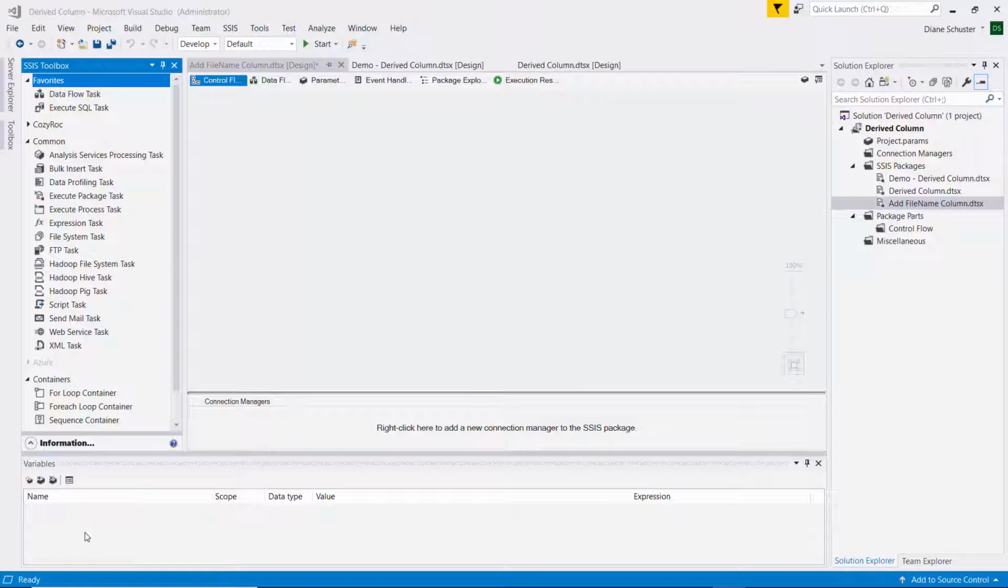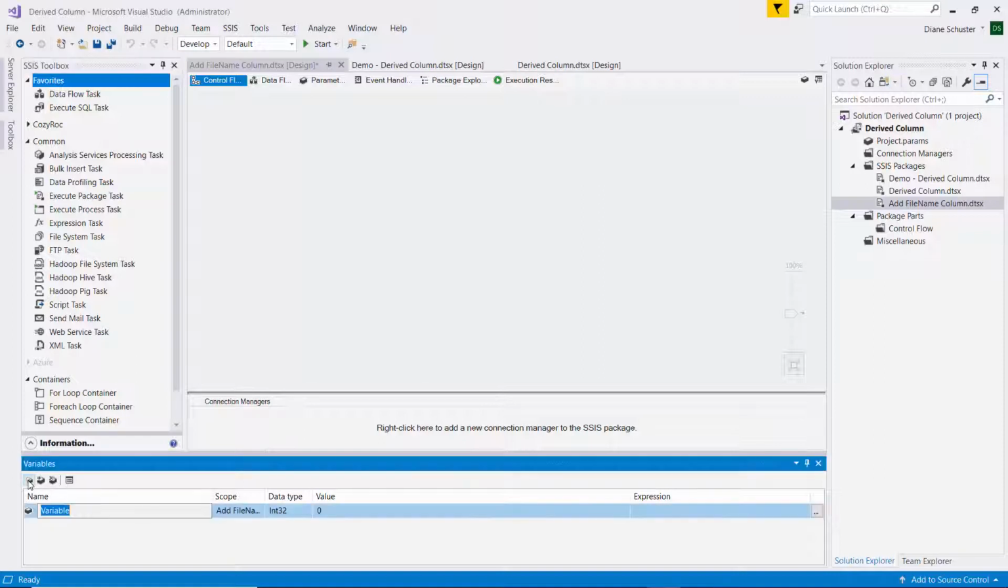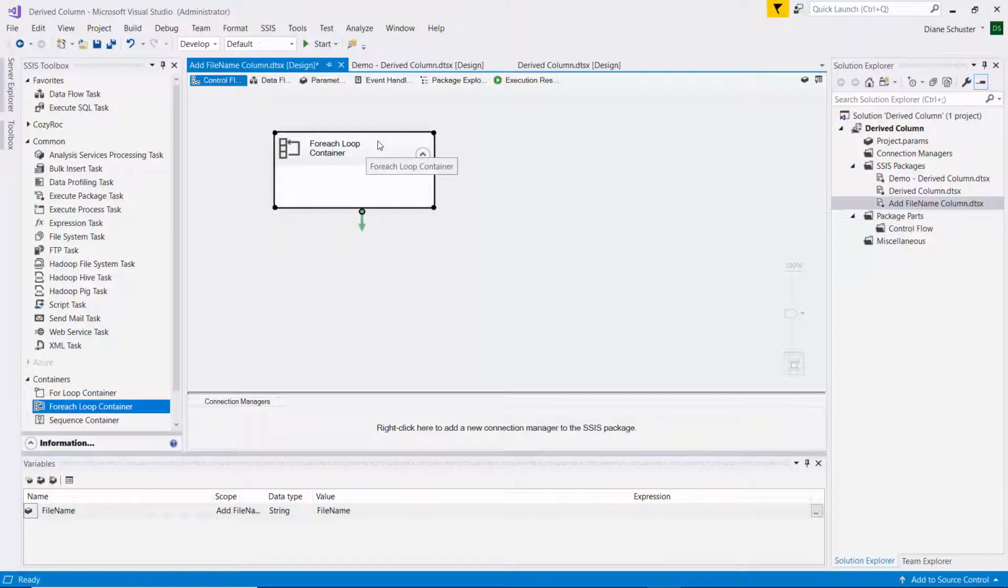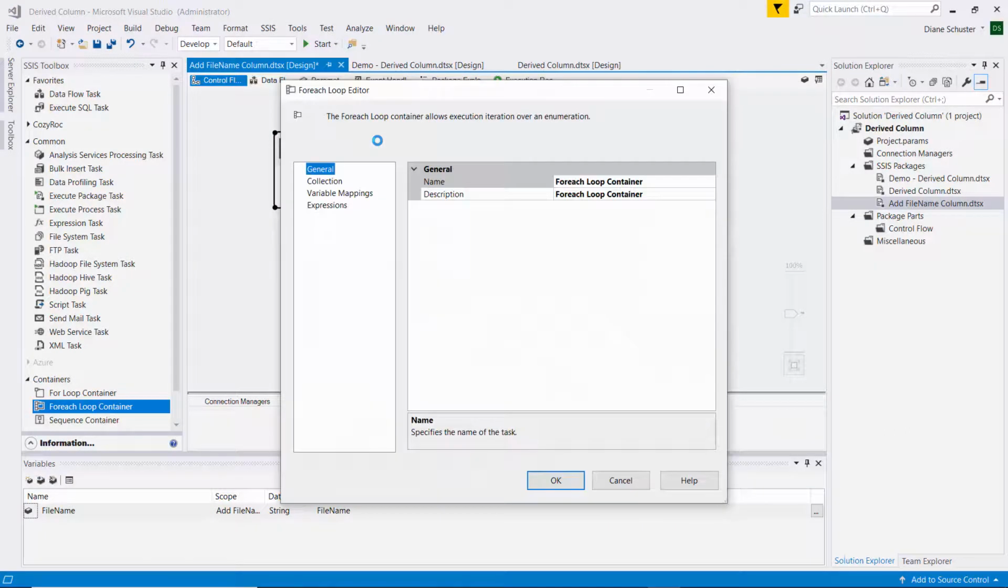Here we are in Visual Studio. I'm going to add a variable called FileName. It's a string data type, and I'll put in a value of FileName. And now we'll go get the for each loop container, drag that onto the canvas. I'll double click on it to open the editor,